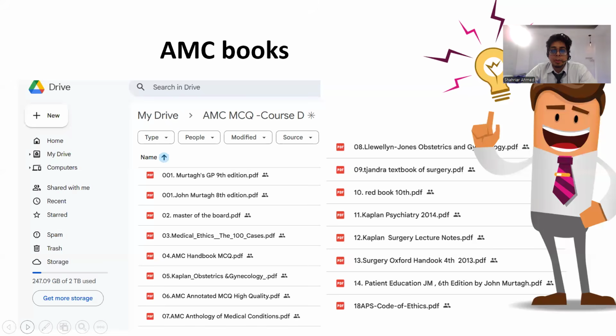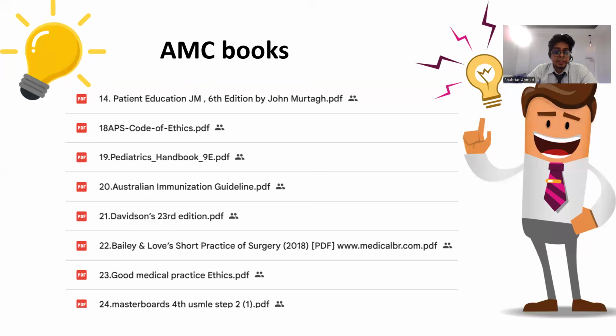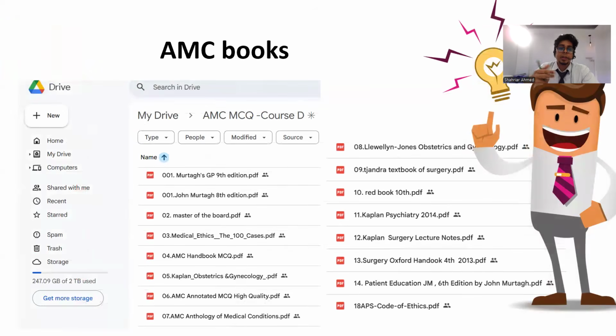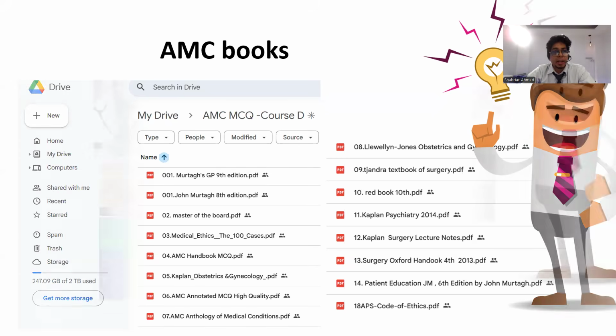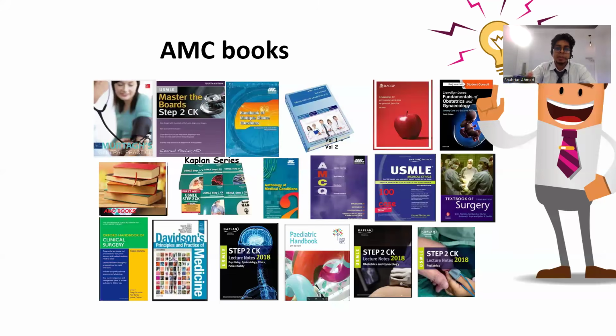Now, speaking about the books, when you are with us, I'll provide you all these necessary books, as you can see. So don't worry, about the books you don't have to worry. We'll also give you many SMA notes, which has probably 100 more PDFs of different topics and systems. Those will help you over time. But I'm giving you an idea, the basics about the books.